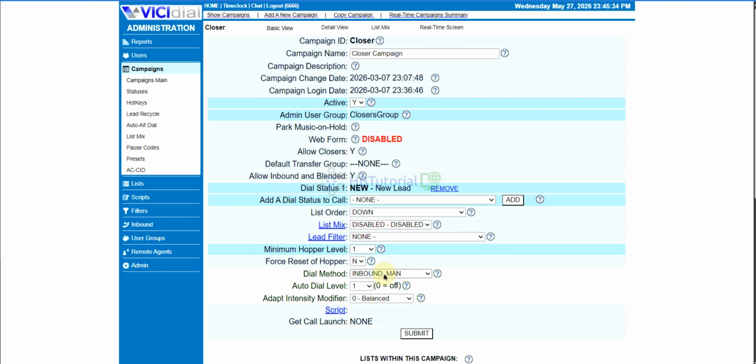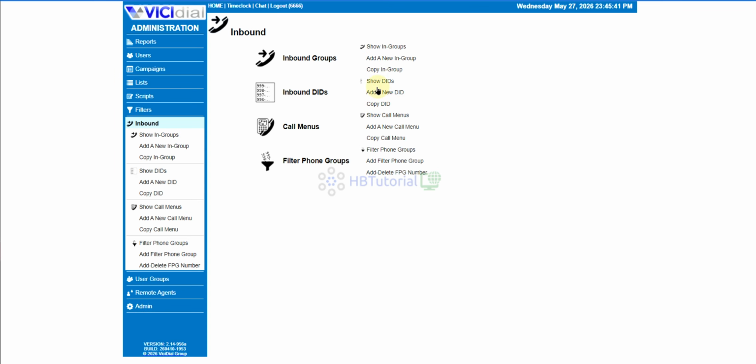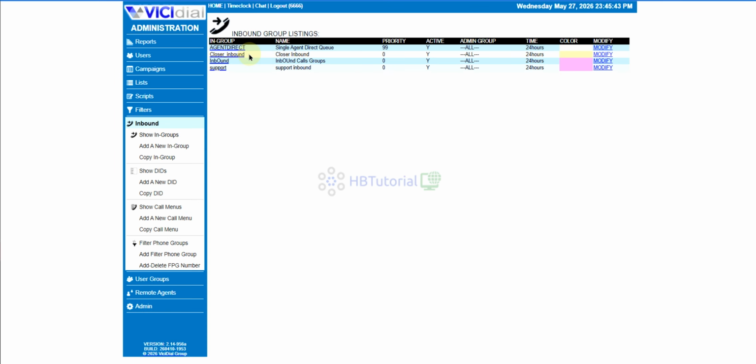I just set it to inbound for now. And we have closer inbound also. So when we get a call from the openers, the front end agents, once they need to close or transfer for the confirmation of their bookings or something else, they will do a transfer to the closers.